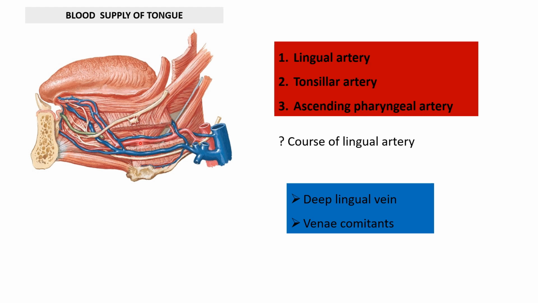This part will run forwards and it will reach to the anterior border of the hyoglossus. Further, it will take an upward vertical course. This is called as third part. The lingual artery at this third part is called as deep lingual artery. This is targeting towards the tongue and it will continue towards the anterior aspect of the tongue and it will provide several branches in order to supply this tongue. This is the third part of the lingual artery. Remember, the first part is crossed by the hypoglossal nerve superficially.